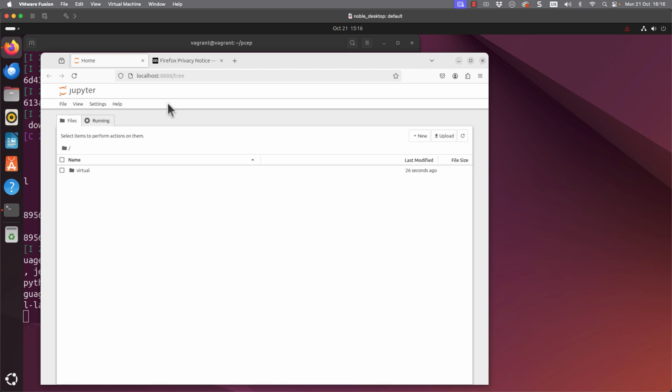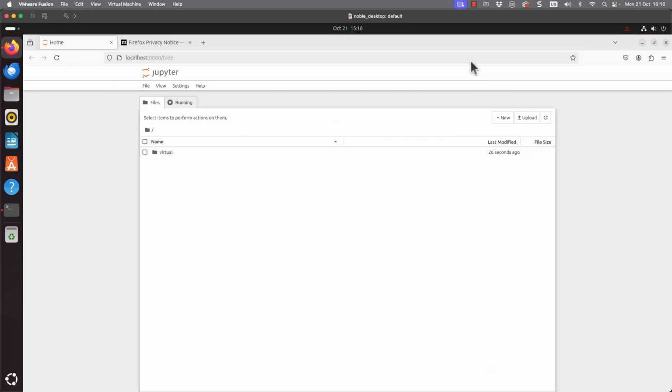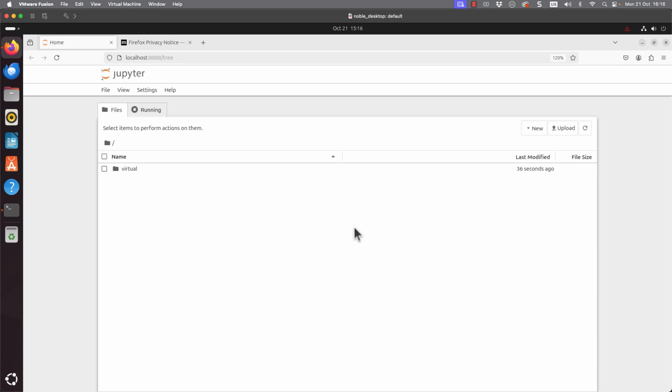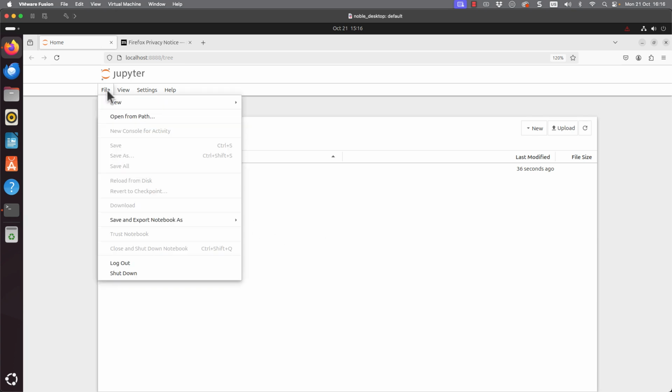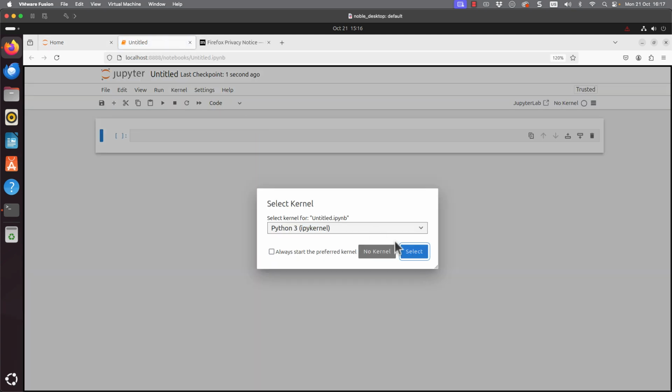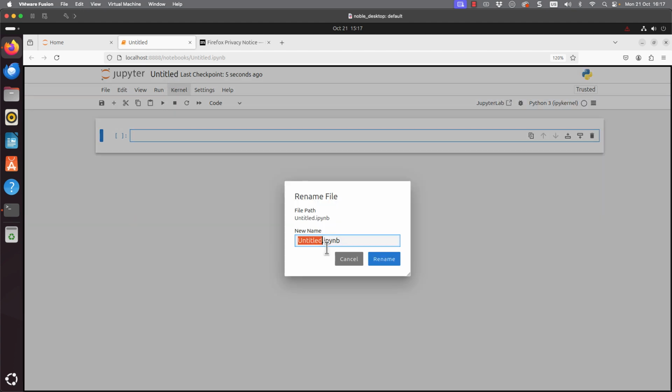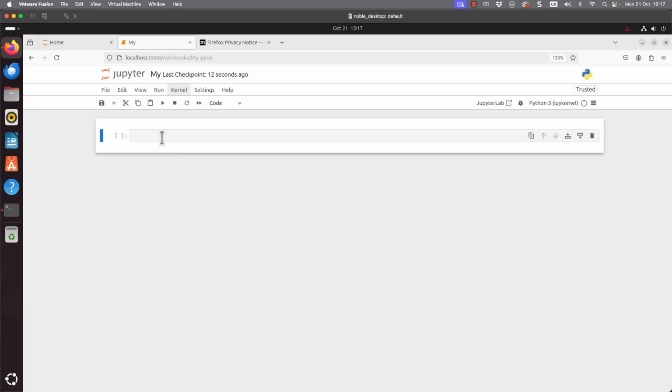Once we're here, it's going to be pretty much the same. I'm going to full screen my browser, and again I can use Control, Shift and Plus just to make the environment appear a little bit bigger, changing the view within my Firefox browser. From File and New, I can create, as we did before, a new notebook. The same questions are going to be asked when we go in. I can rename the untitled notebook. I'm just going to call it My here.